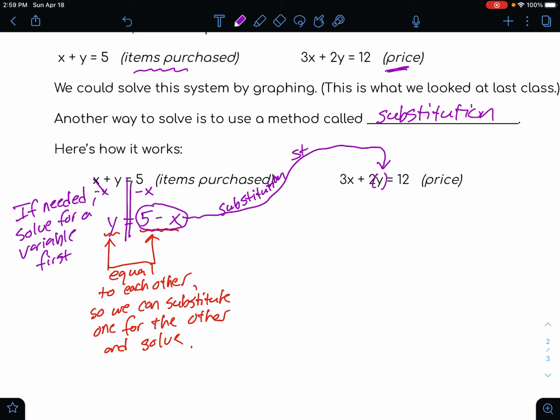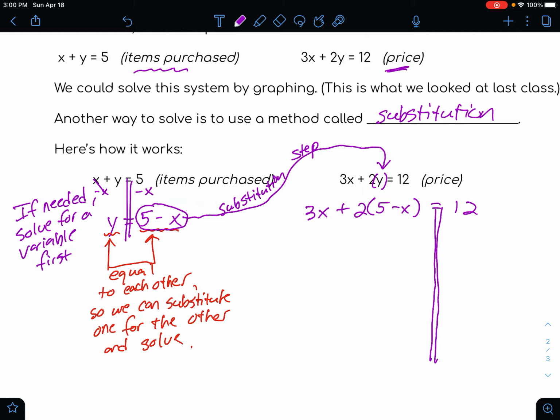Substitution step right here. And then we're going to rewrite that equation for the price. All right, so 3x plus 2, and then we're going to do the substitution for the y. Remember, we're substituting 5 minus x in place of the y. So we're rewriting that equation, but we're substituting that 5 minus x. Now that makes it look maybe a little bit more complicated, but what we just did is we got the equation so that x is the only variable. We don't have an x and a y anymore, we just have an x, which means that we can now